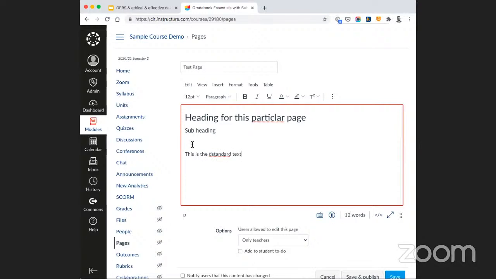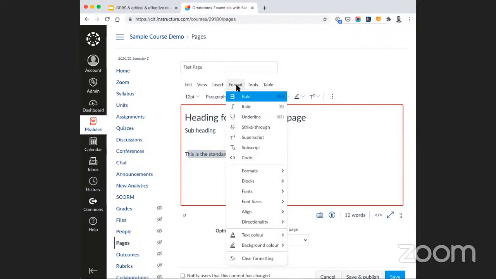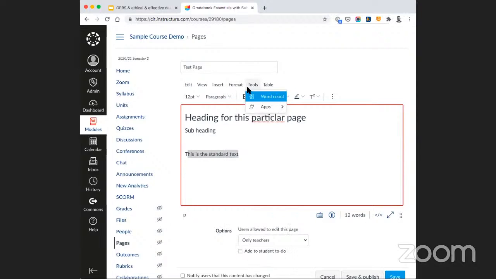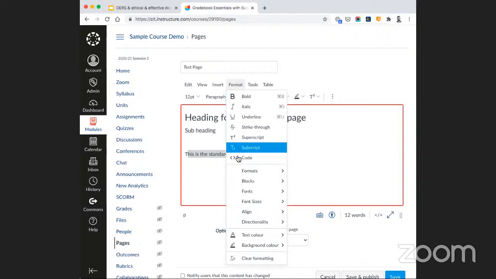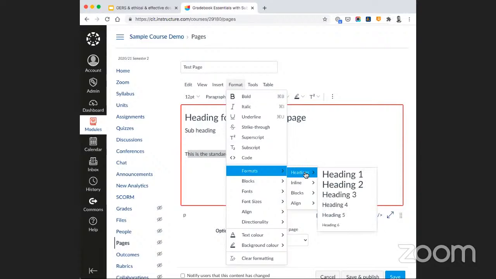And this is usually set as some kind of sans serif font at 12 point. And I have all my various styling tools up here. If I go up to the format dropdown, there are a number of additional tools which might not be immediately visible to me here. So I can use this for superscript to subscript. I can access more headings,